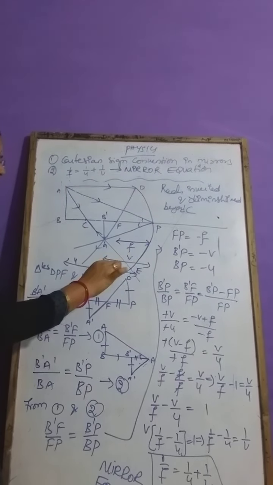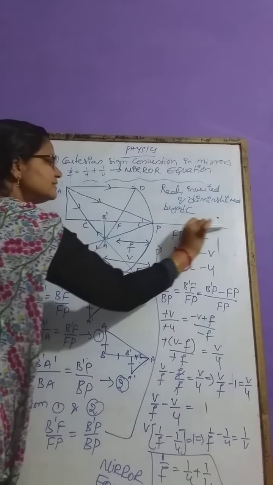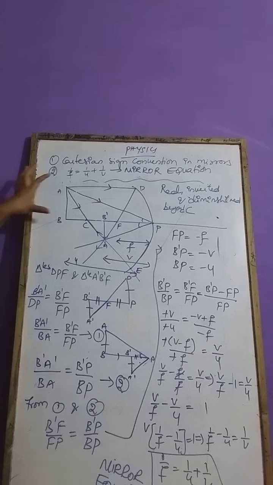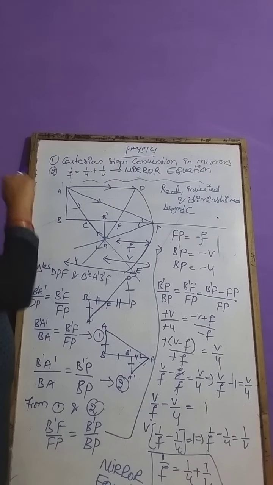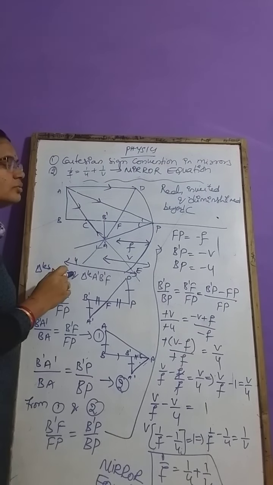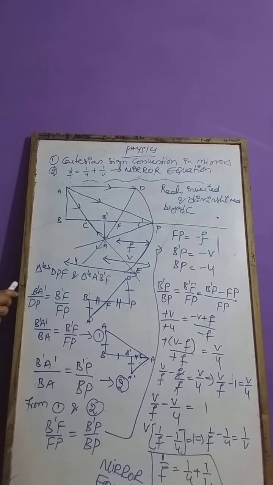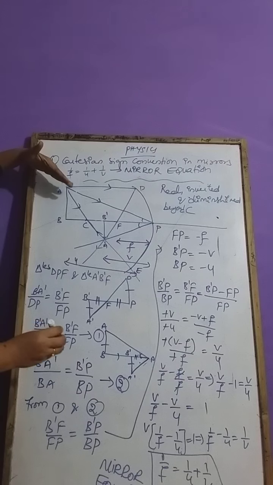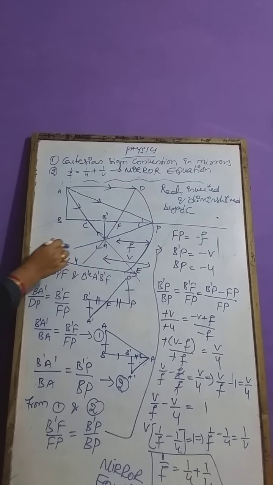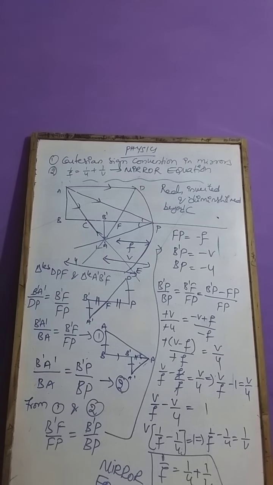Let this be a concave mirror. Let us assume a principal axis which is passing through the center of this concave mirror. Let P be the pole of the concave mirror. Let AB be the object placed in front of the concave mirror. Let us assume a light ray falling from the object onto the mirror. It gets reflected and passes through the focus of the mirror. Then another light ray, passing from A traveling towards P, and even that reflected light ray will pass through the same point which the previous ray has passed.